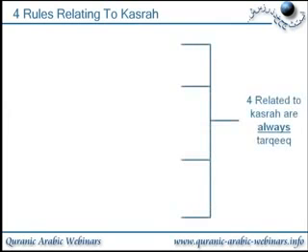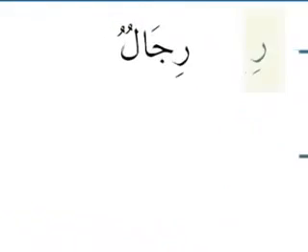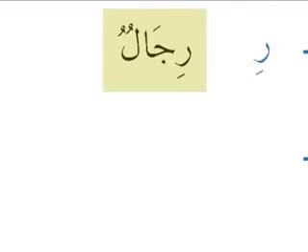Okay, so the 4 rules related to Kasrah are always tarqiq, i.e. the Ra will always be tarqiq, except for 3 exceptions coming up on the next slide. So if the Ra carries a Kasrah, it's going to be light, tarqiq. And the easy way to remember this is when you say this Ra, make a big smile. So you're going to go re. So here we have